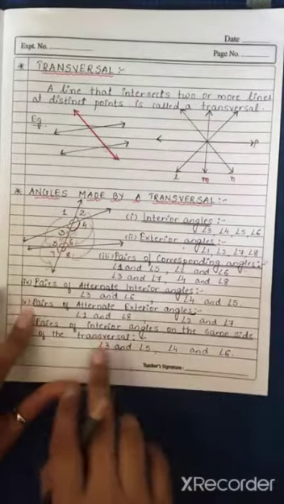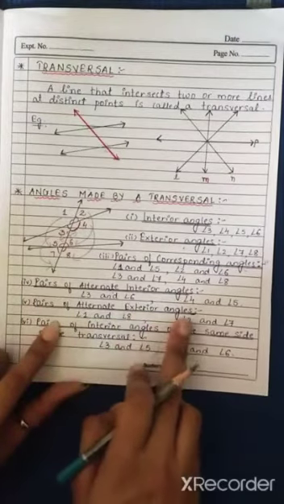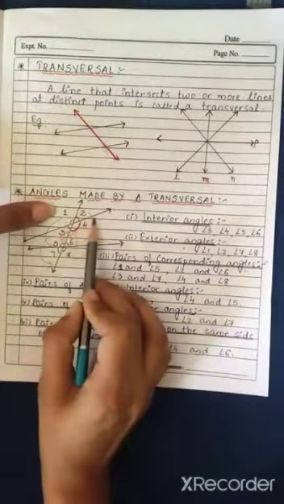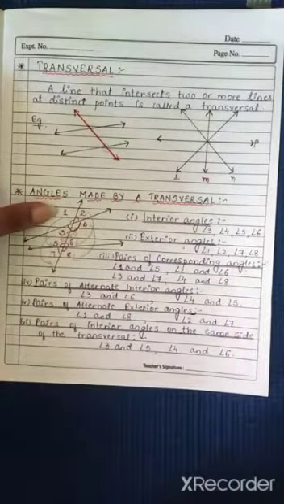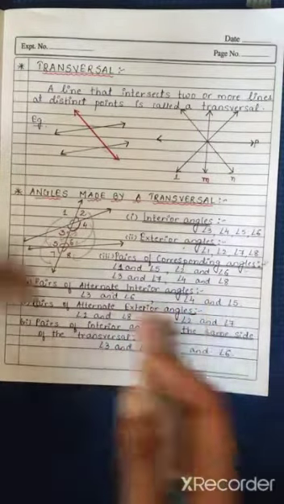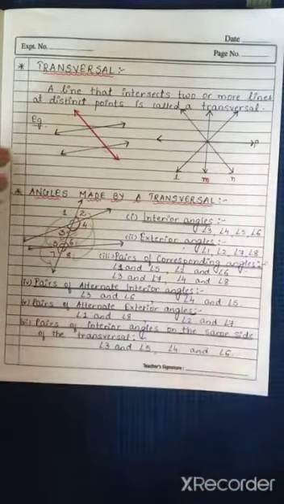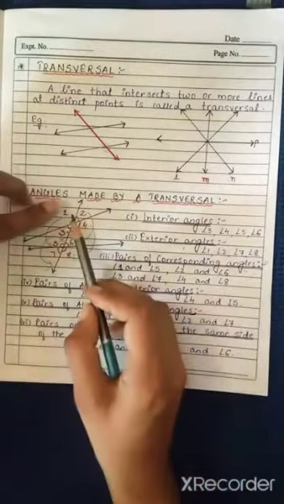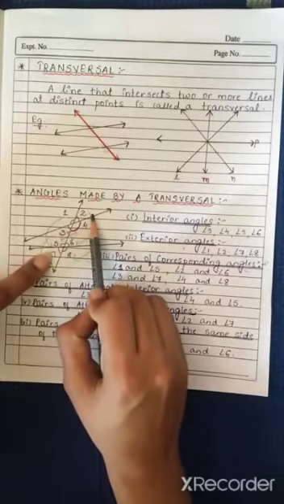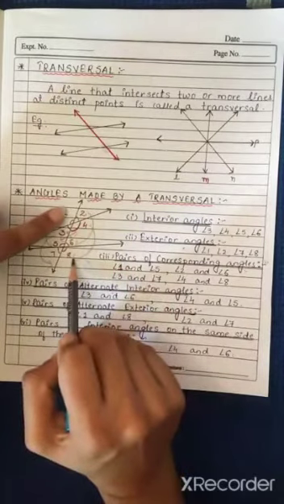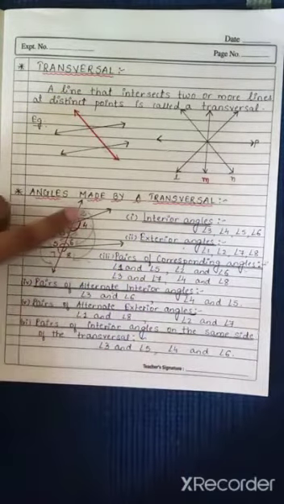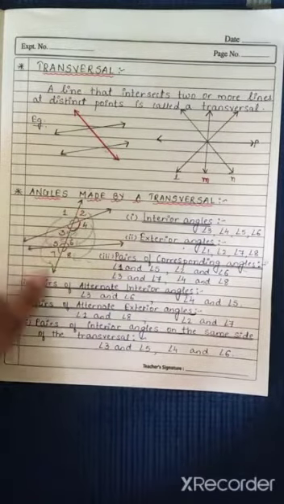Fine. Now next, pairs of alternate exterior angles. Fine, exterior angles. So we know that 1, 2, 7 and 8 are the exterior angles. Now we need to find alternate, means it should be present on the opposite sides or on the alternate side of the transversal. So 1 and 8 are one of the pairs and 2 and 7 are one of the pairs. Since these are present on the alternate side of the transversal, 1 and 8 is the first pair, 2 and 7 is the second pair.